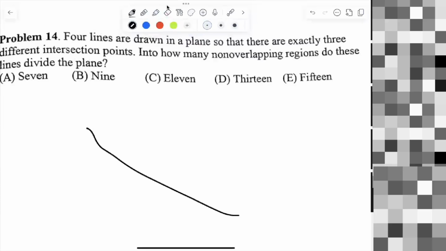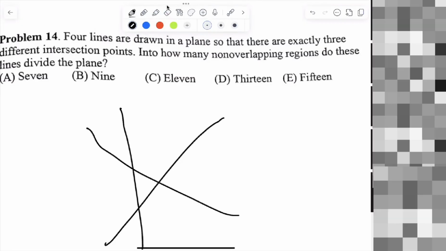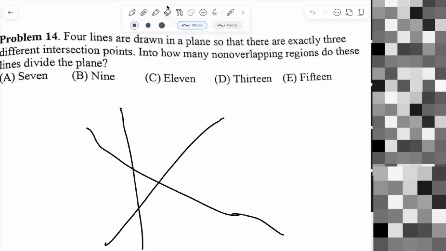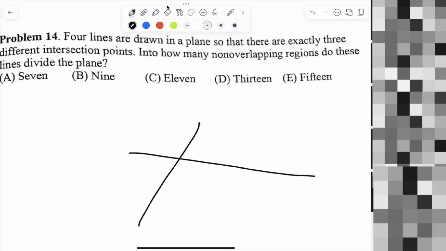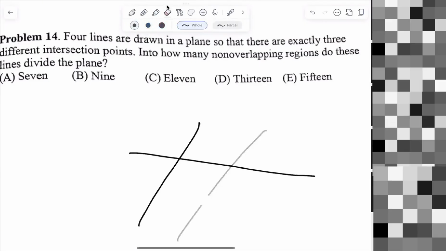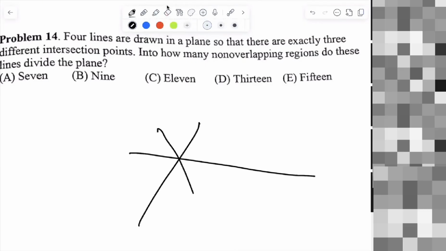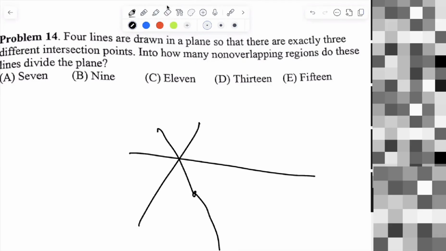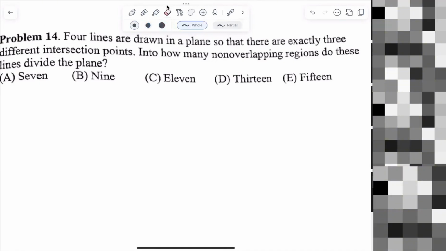There's four lines: 1, 2, 3. There's no way to put the fourth one. So there has to be two, and so there has to be a three concurrent one. 1, 2, and 3. Oh,